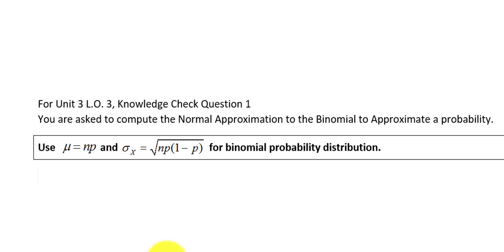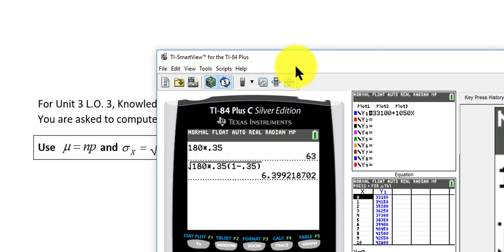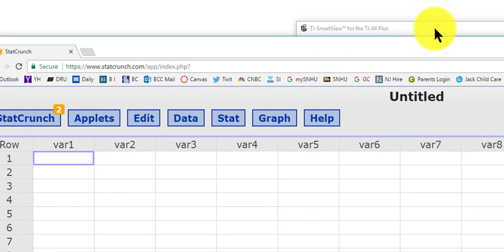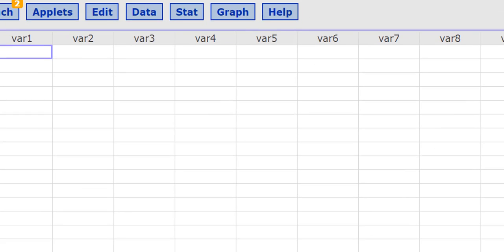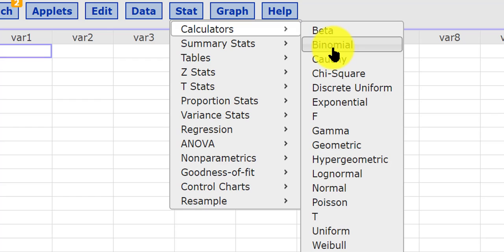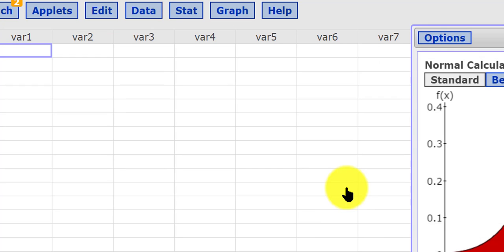Okay. And then we had to figure out the standard deviation. So we took n, which was 180, times p, times the quantity of 1 minus p, and took the square root of that, and there's my standard deviation. I can use this to go to the tables by hand and look at the normal curve, but StatCrunch really makes things easy for us. If I click on Stat Calculators, and actually there's a binomial calculator, but if I use the normal calculator,